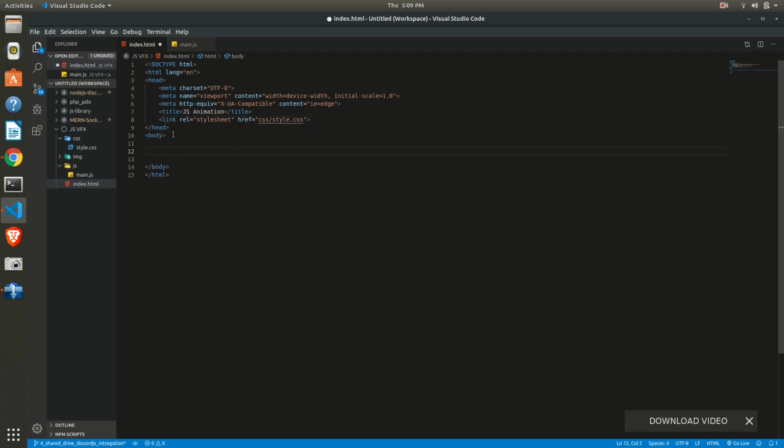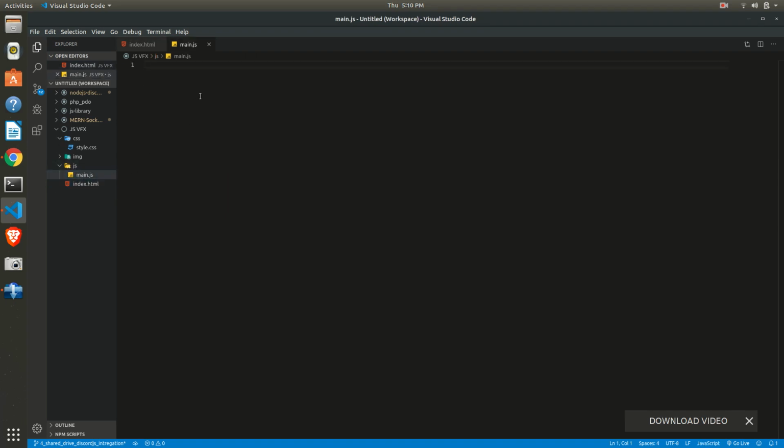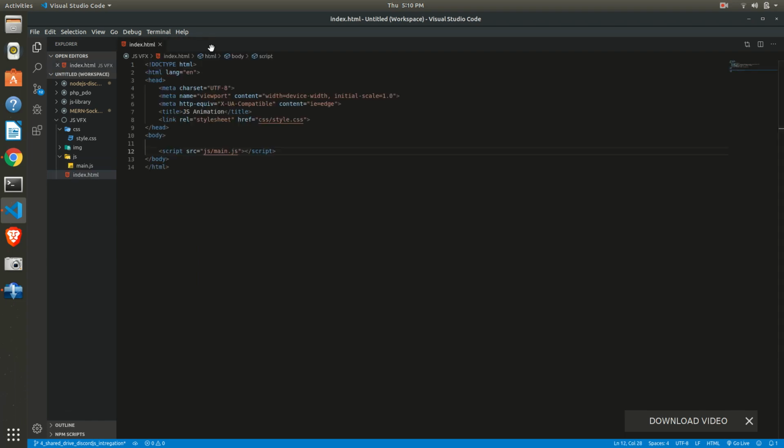Okay, below everything we will include the link of JS. Just write script, script, script. Source will be js/main.js. We have a file inside the JS folder, that is main.js. That is also totally blank. We'll add all of the code as we learn. Okay,